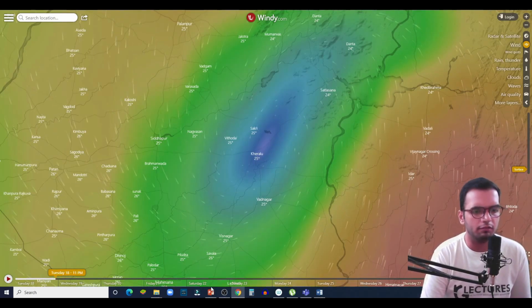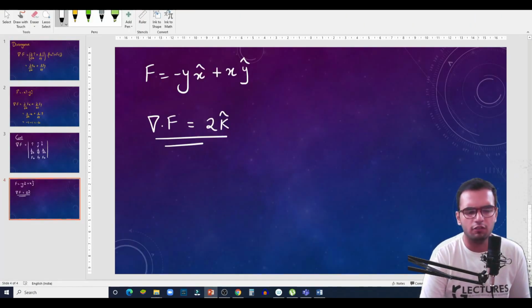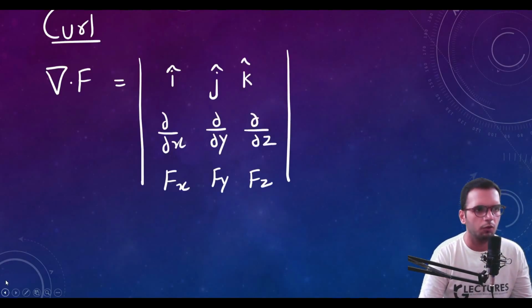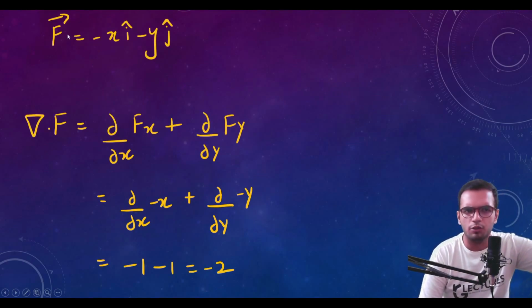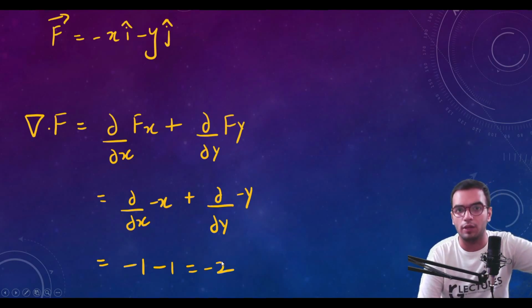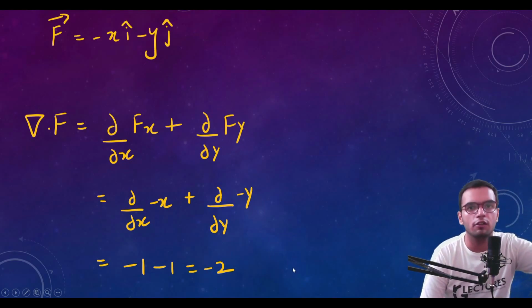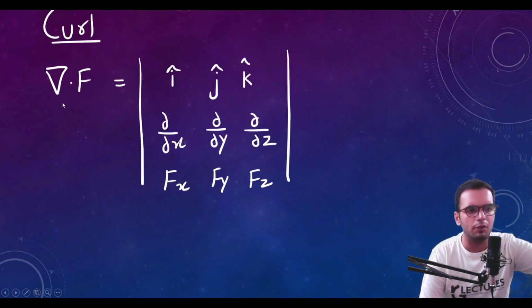If I go into detail, everything is just this. We have a function. What is curl? What is divergence? Divergence is just a dot product. So we will take a mathematical equation of the function which we are dealing with. We will find its value, and this is the value we see in the numericals. This is the value we see in the cyclone or earthquake. We say that the earthquake is of this much magnitude. So things are basically simple. We just create a mathematical model for it, and then we deal with it.